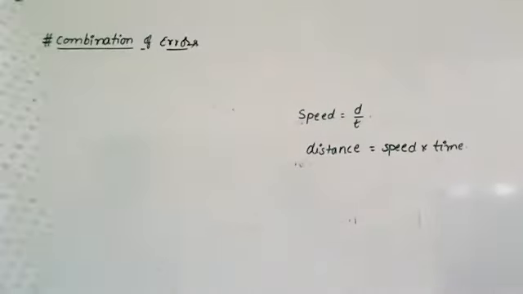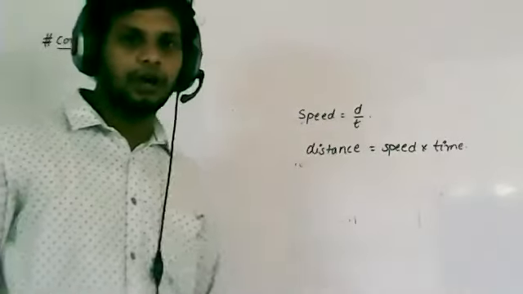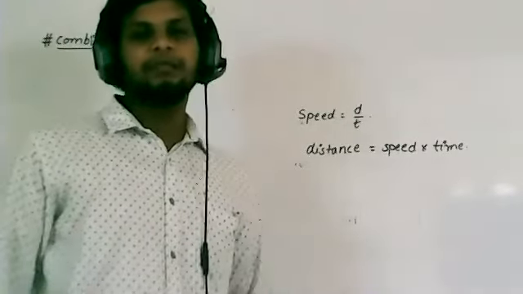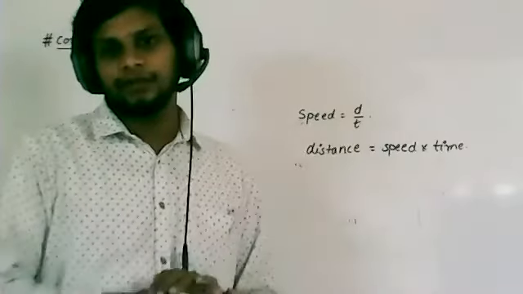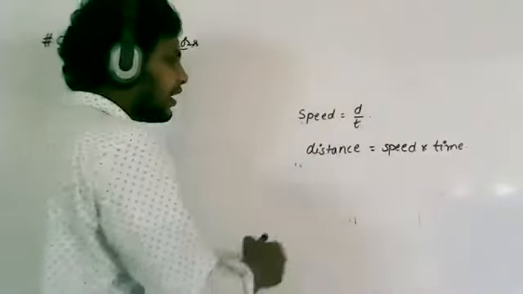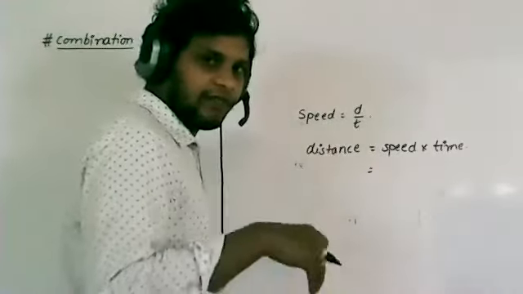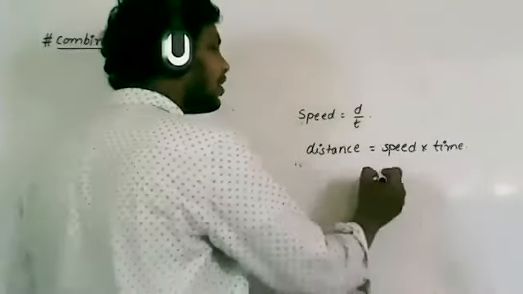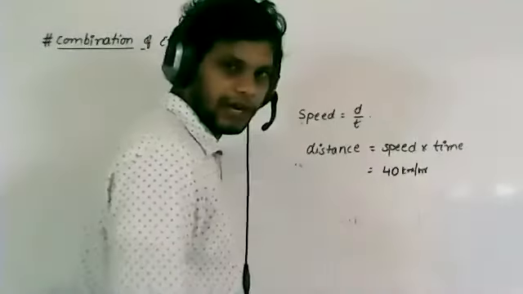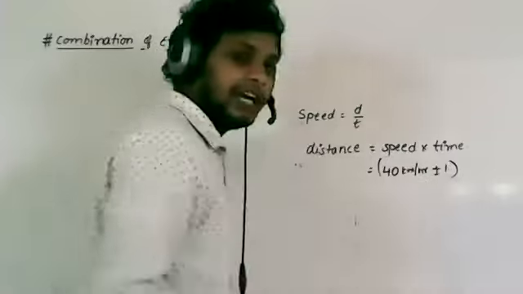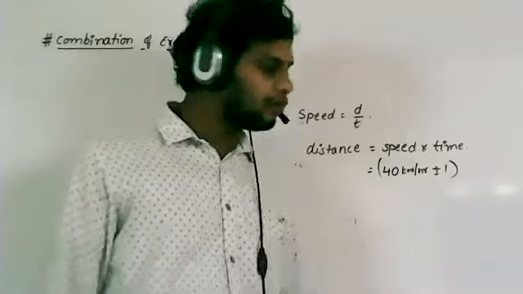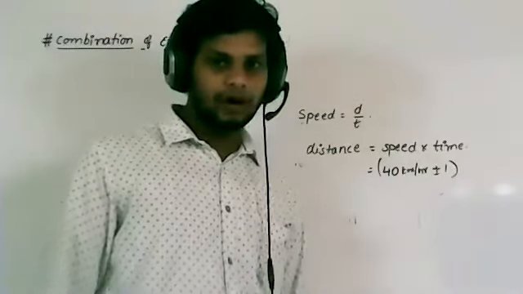Now listen, we are going to measure speed into time. You measure the speed, but you don't get the exact value. For example, I found the speed as 40 kilometer per hour, plus or minus 1, which means it may be 39 or it may be 41. We didn't measure perfectly, so we got some error value.